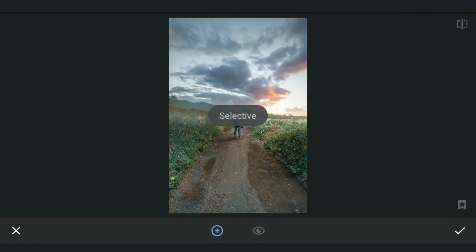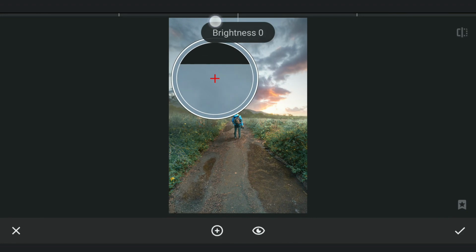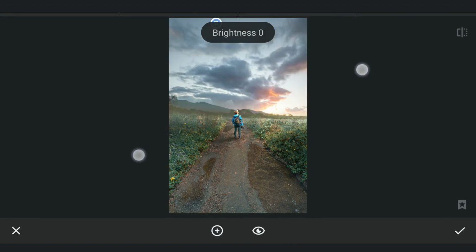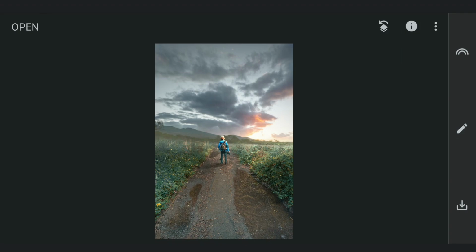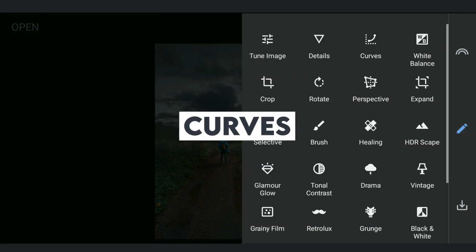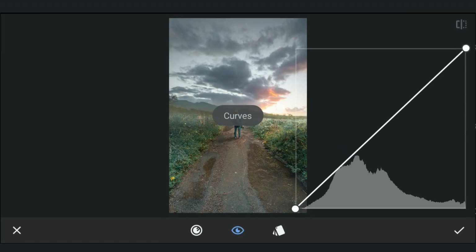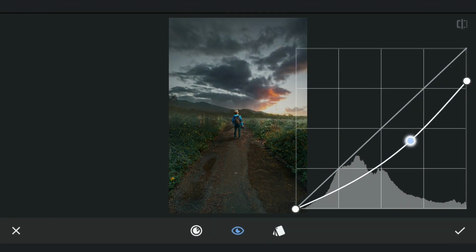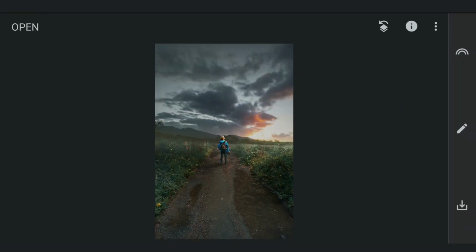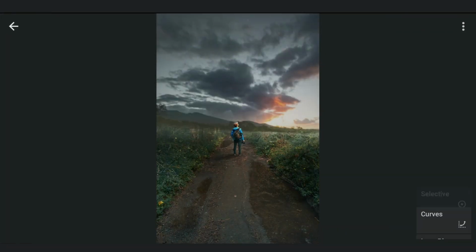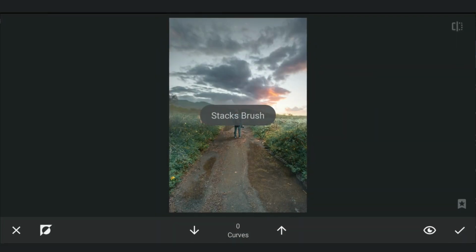One more selective filter in the sky to remove the blue saturation. Now darkening the overall image with curves. In masking screen, removing the effect around the subject to make those areas pop more.